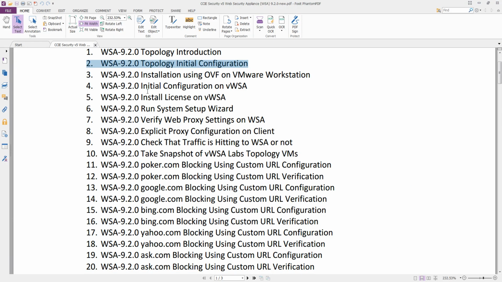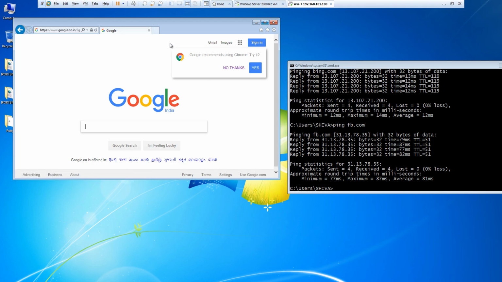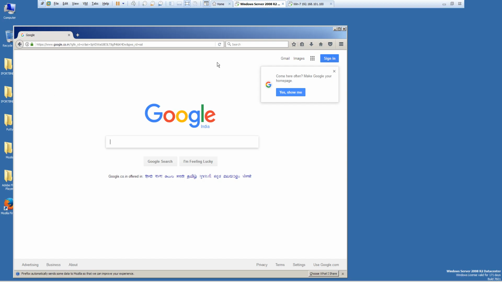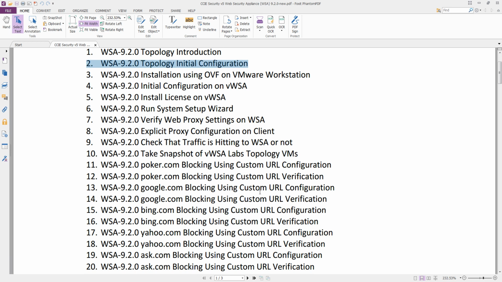So this was our WSA topology lab initial configuration. When you are going through these videos, be sure that your LAN is able to communicate with the internet, PC or AD. Thank you.